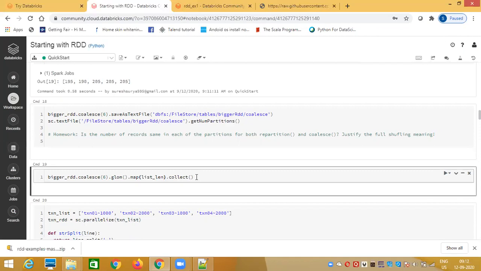Okay, and with the repartition function you observe it doesn't matter whether you try to increase or decrease the number of partitions, full shuffling of the data happens. Spark will do its level best to shuffle the records of different partitions and create new partitions or delete existing partitions.